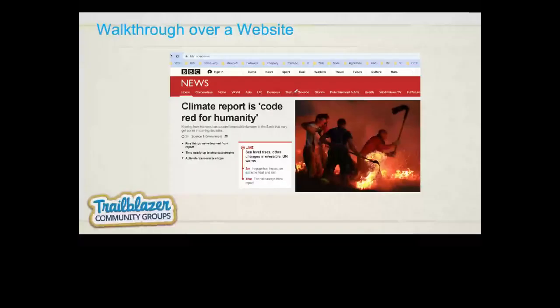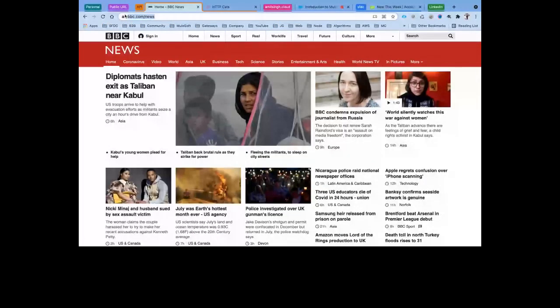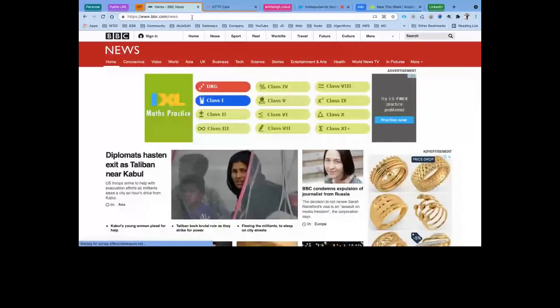So now let's quickly talk about the website, because I think most of us don't know how that actually works. This is the BBC news site which I have opened. So what happens behind the scenes when I hit this URL? Most of the time we say, okay, this is a website, and we have written pages over there. It can be in HTML, React, Node.js, or any other markup language. But what exactly is it? It's nothing but an API. Whatever you are hitting in the URL is an API.